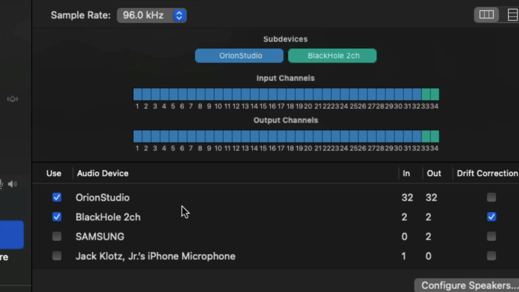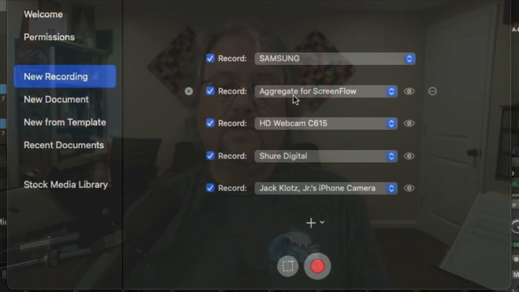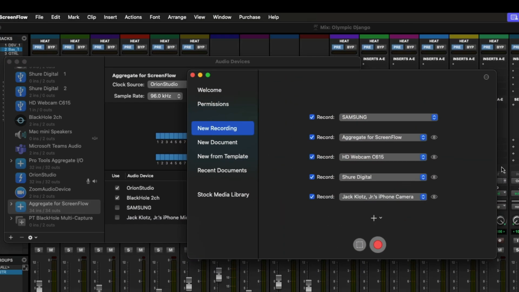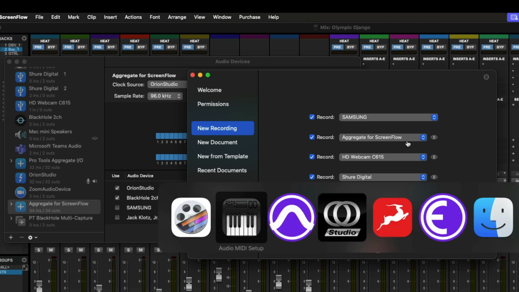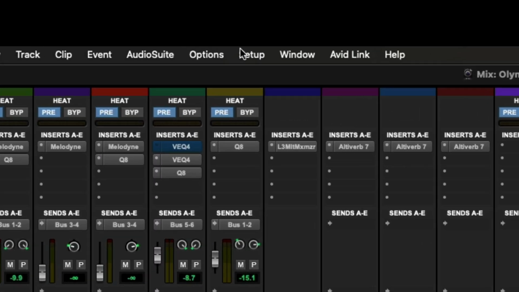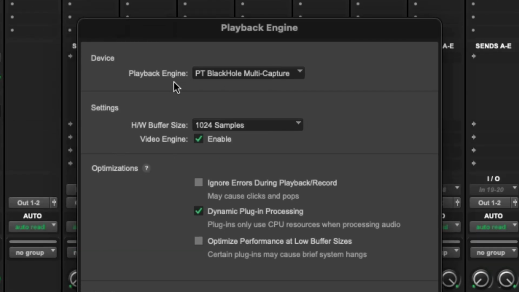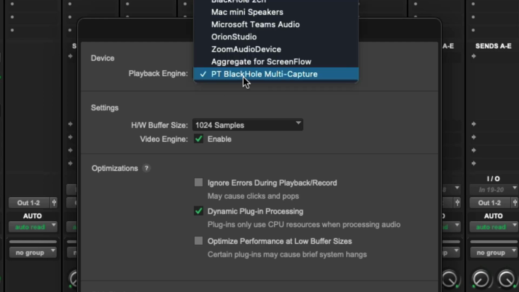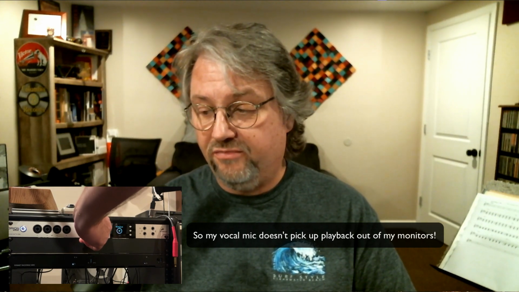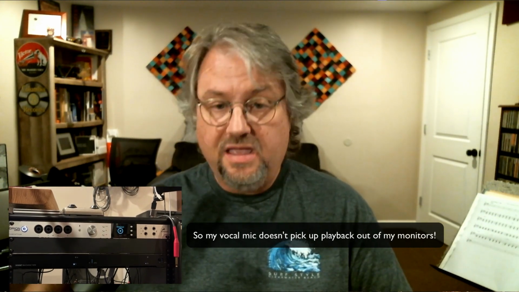through Blackhole. And then what you do is in ScreenFlow, you use the aggregate device as a sound source. And in your DAW, you set your playback engine or your main output source as the multi-output device instead of just your interface. And so what that does, if I turn my control room monitor volume down first and do playback,